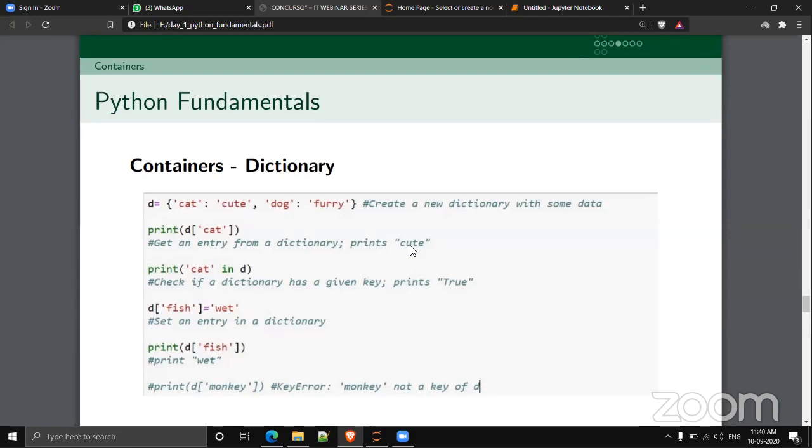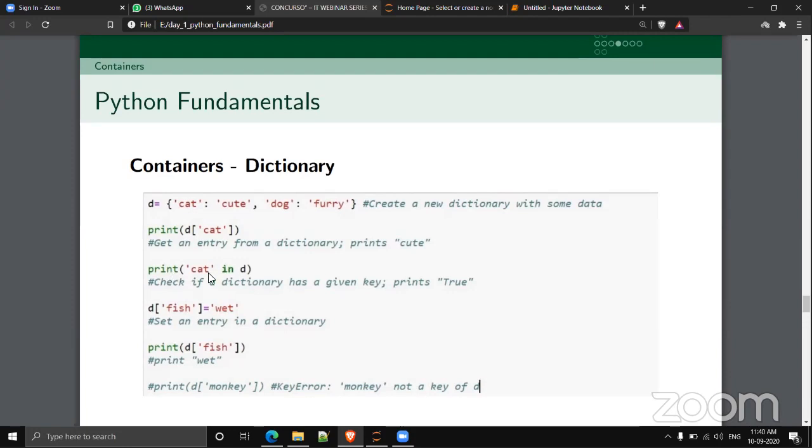You can use the keyword in to check whether a given key is there in the dictionary.